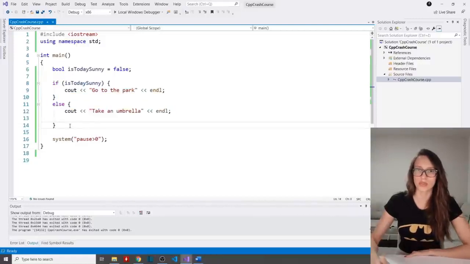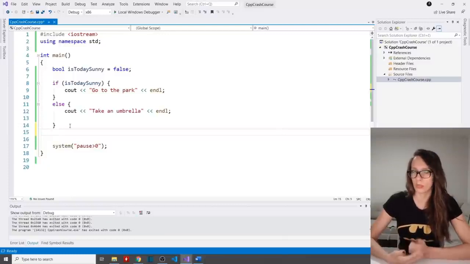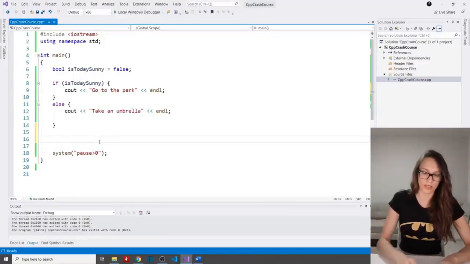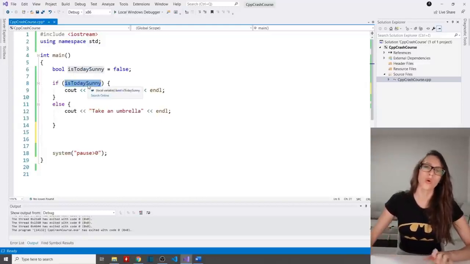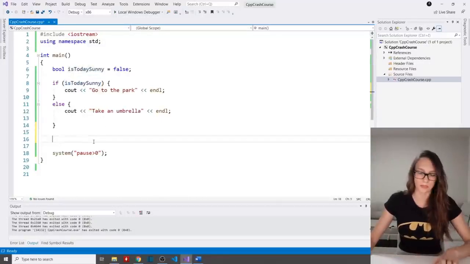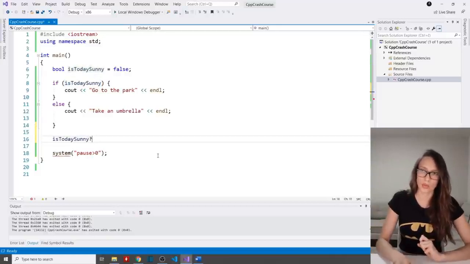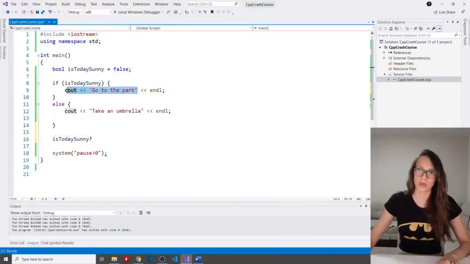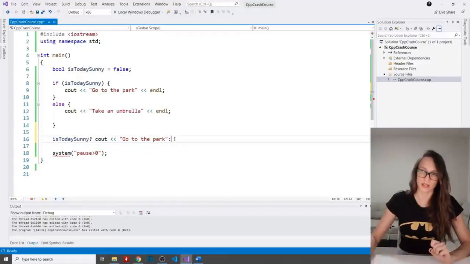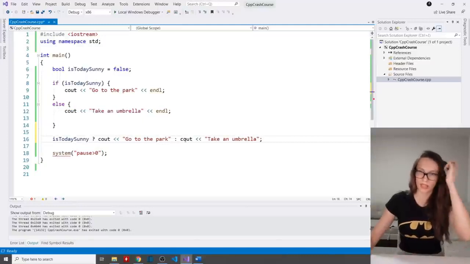Okay, now I'm going to stop my program, and there is also a shorter way to write if-else statements, and that is using the ternary operator or conditional operator. And what is the syntax of it? You first specify the variable or condition expression that you want to check, like this, and then you put a question mark. After this question mark, you specify whatever is going to be executed in a situation where this is true, so this line of code. And then in the case that this results as false, you are going to execute something else. So you put this colon sign, and then you put the line of code that you want to execute if it is false, like this.